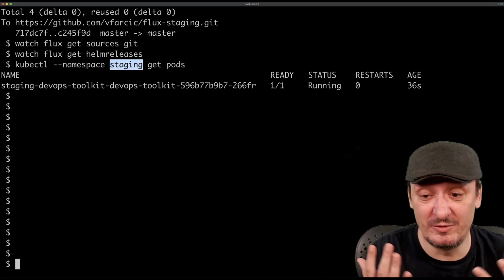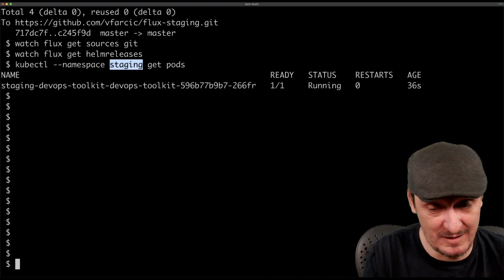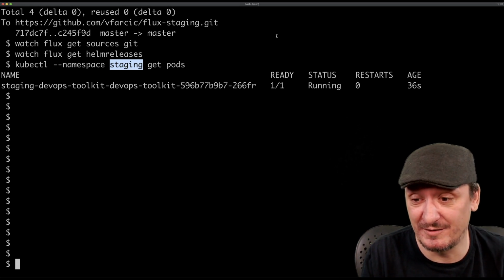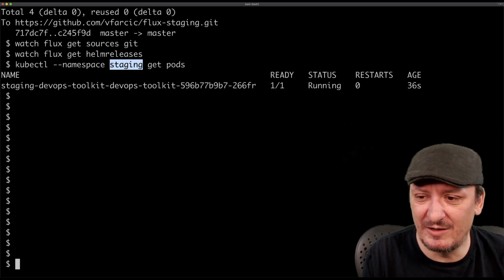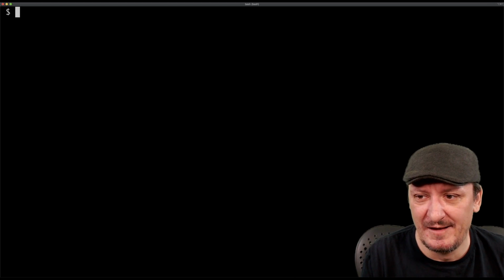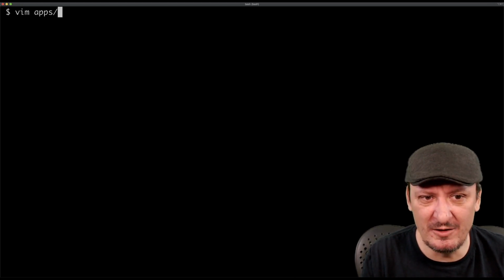And all I did was push a change to Git. And Flux is monitoring all the Git repositories that I defined as sources. Now, let's say that I want to change the release, to deploy a new release to staging. How would I do that? Let me think. Let me go and edit